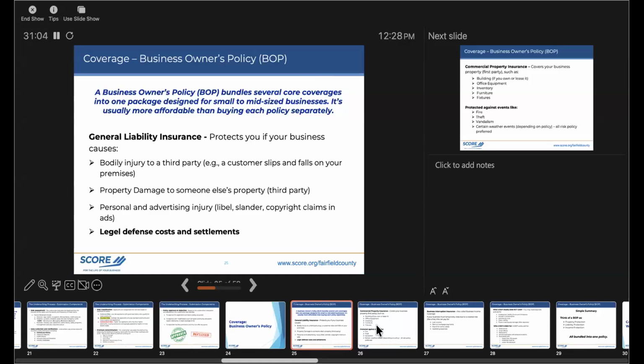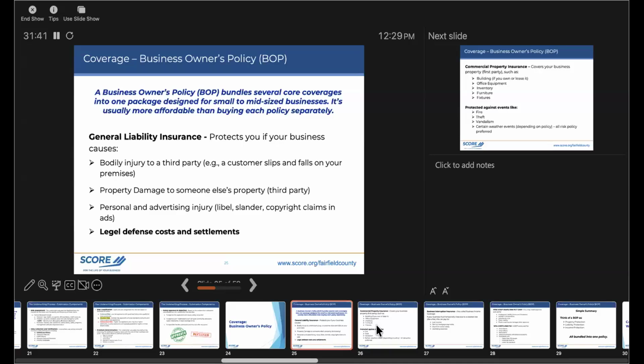On the BOP policy, you have general liability insurance, and it protects your business from bodily injury to a third party. Customer slips and falls on your premises. Not to you, to a third party not affiliated with your business. Property damage to someone else's property, again, third party. Personal and advertising injury, libel, slander, copyright claims in ads. And this last one, which probably should be first, but I put it last for the grand finale, legal defense